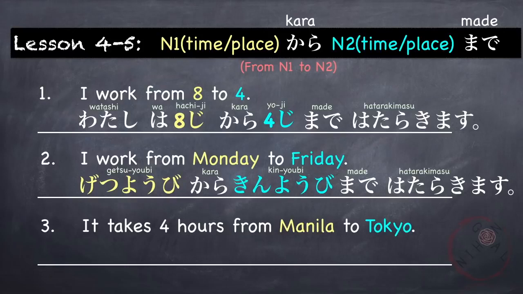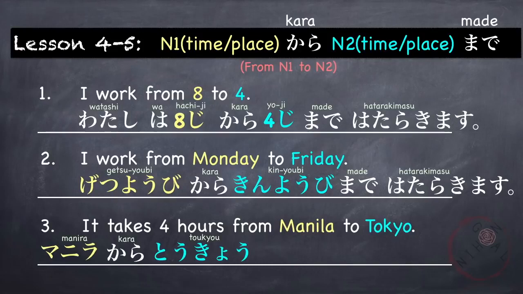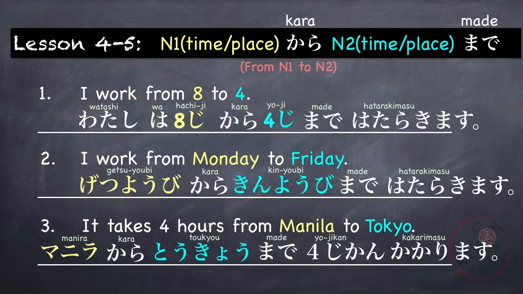Next example is with the place. It takes 4 hours from Manila to Tokyo. N1 is Manila. Manila から。Manila から東京まで。From Manila to Tokyo. 4時間 4 hours かかります。So we haven't learned this yet. This pattern will appear in lesson 11. But the important thing here is using place in N1 から N2 まで pattern. マニラから東京まで